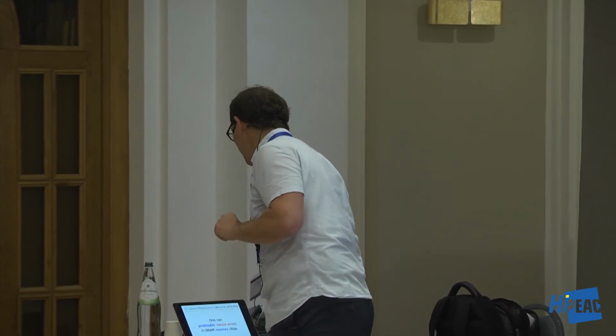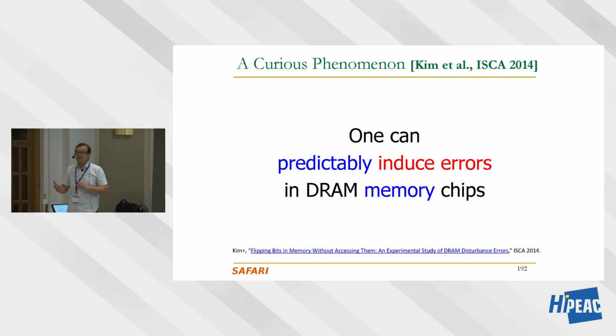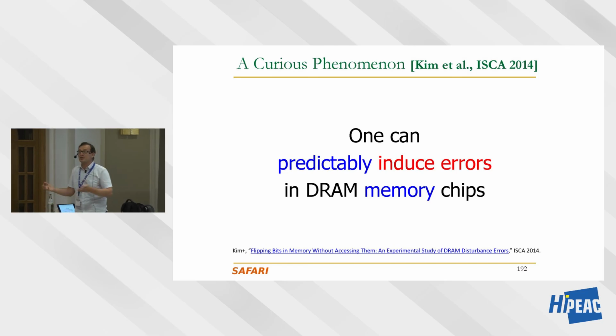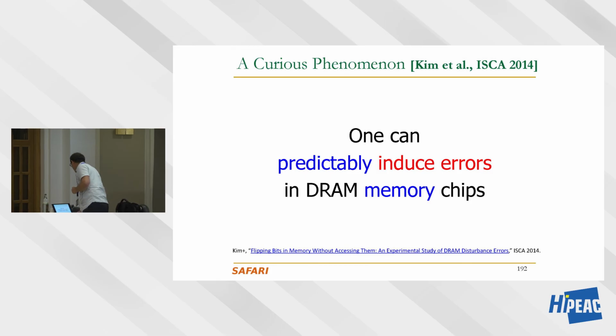I talked about this in 2018, and I said that this is a big issue. And it's a much bigger issue today, basically, as we will see. But let me give you the idea. Essentially, the problem is these are DRAM chips, and you can predictably induce bit flips in them. This should not be happening. Nobody should be inducing data corruption in your DRAM chip. And as a result, this becomes a security problem also.